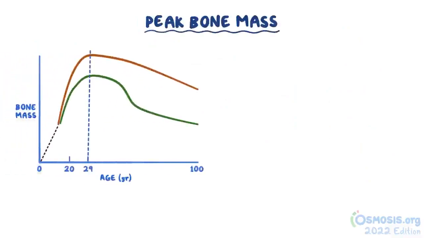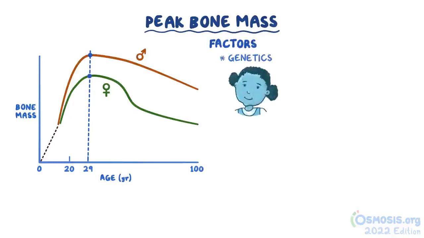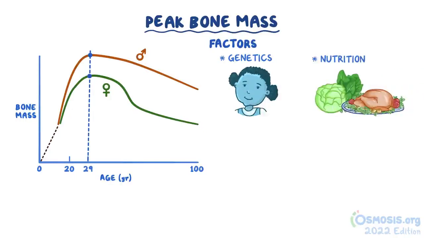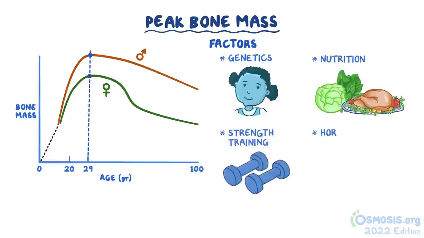this usually occurs earlier in females than in males. Factors that determine the peak bone mass are genetics. For example, people of African descent tend to have greater bone mass, and nutrition, meaning adequate vitamin D intake increases peak bone mass. Finally, strength training increases peak bone mass, as well as hormones like estrogens and androgens that inhibit